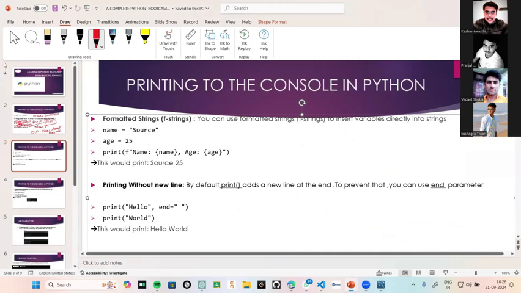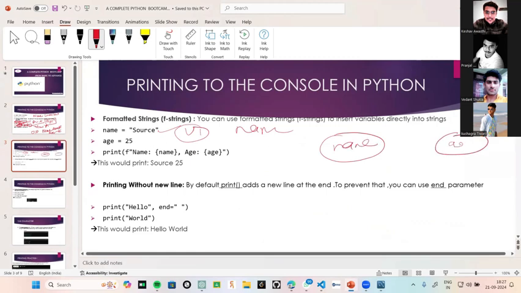लाइक मैंने इस पे एक नेम लिख दिया, एक वेरिएबल हो गया मेरा, ये वेरिएबल v1। ठीक, वेरिएबल के अंदर मेरा नेम स्टोर है। फिर मैंने एक वेरिएबल बना दिया एज, एज के अंदर मेरी 25 स्टोर है। अब मेरे को क्या चाहिए, इन्वर्टेड कॉमा मैंने एक बार खोला और एक बार बंद करा। अब इन्वर्टेड कॉमा अगर मेरा खुल गया तो इसके अंदर तो मैं वेरिएबल प्रिंट करा ही नहीं सकता हूँ, क्योंकि इन्वर्टेड कॉमा के अंदर जो भी चीज लिखते हैं वो मेरी कंसोल विंडो में एज इट इज प्रिंट हो जाती है।